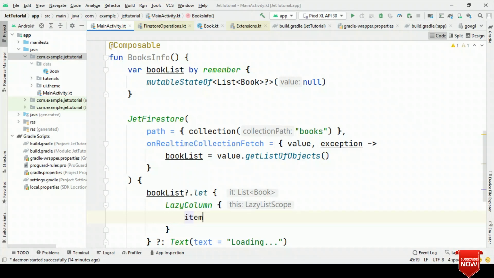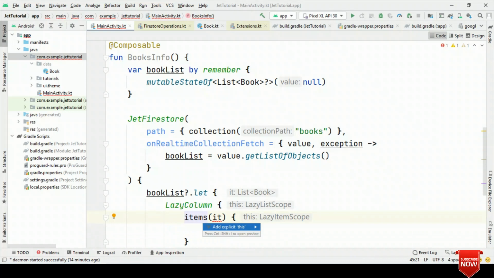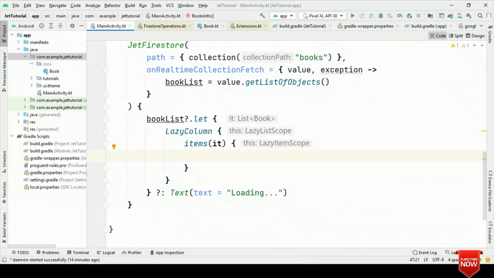Inside lazy column, let's have items, and here let's specify the list of books. Okay, so now let's show name of the book, author and the description on UI.